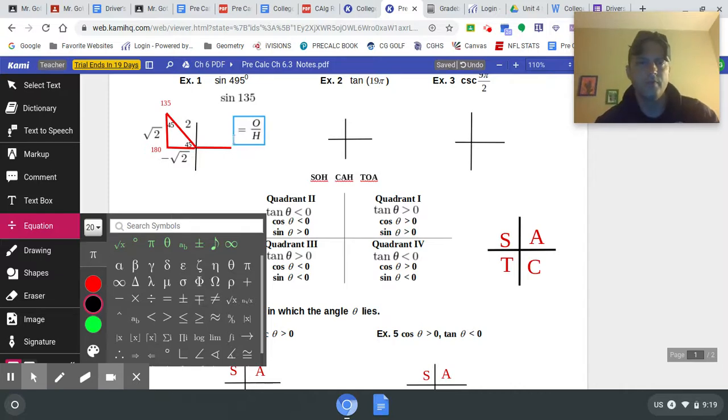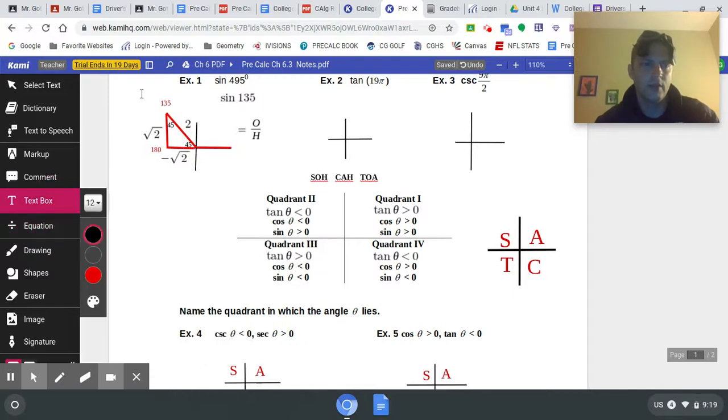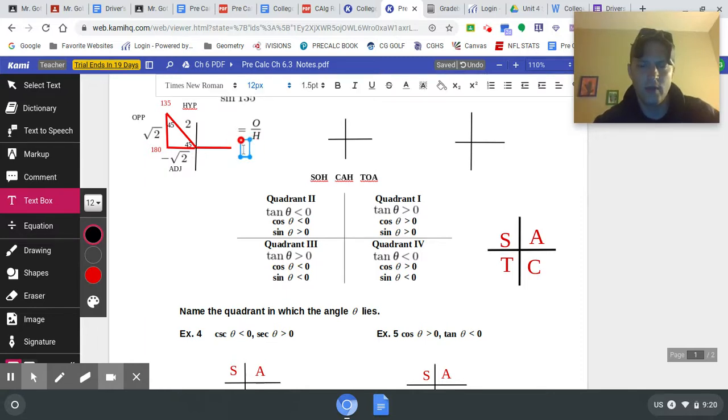Okay. Well, in our case, opposite from this side, give a little refresher. Opposite, this is opposite. The x-axis is always adjacent. Opposite is always going up and down with our reference triangles, and hypotenuse is always the diagonal. So as we take a look, the sine of 495, the sine of 135 is equal to opposite, which is